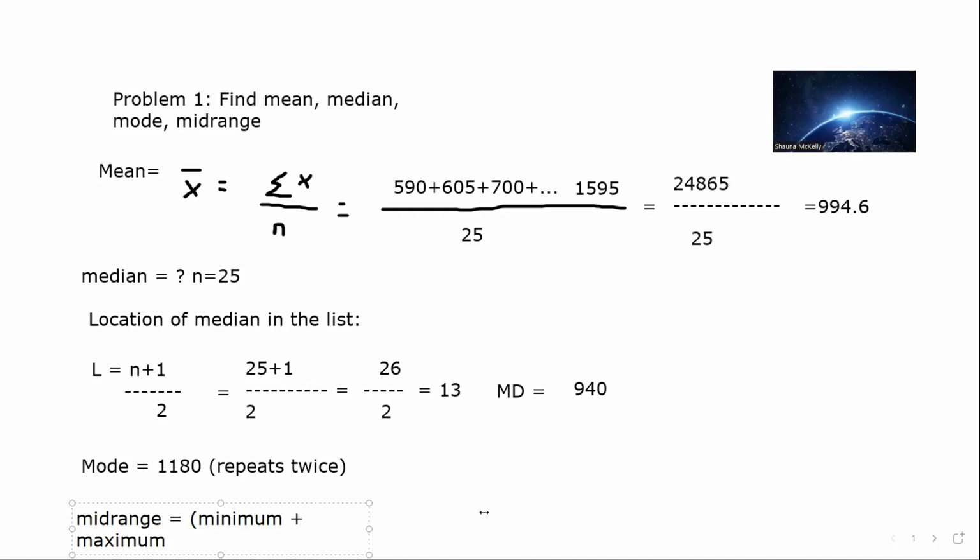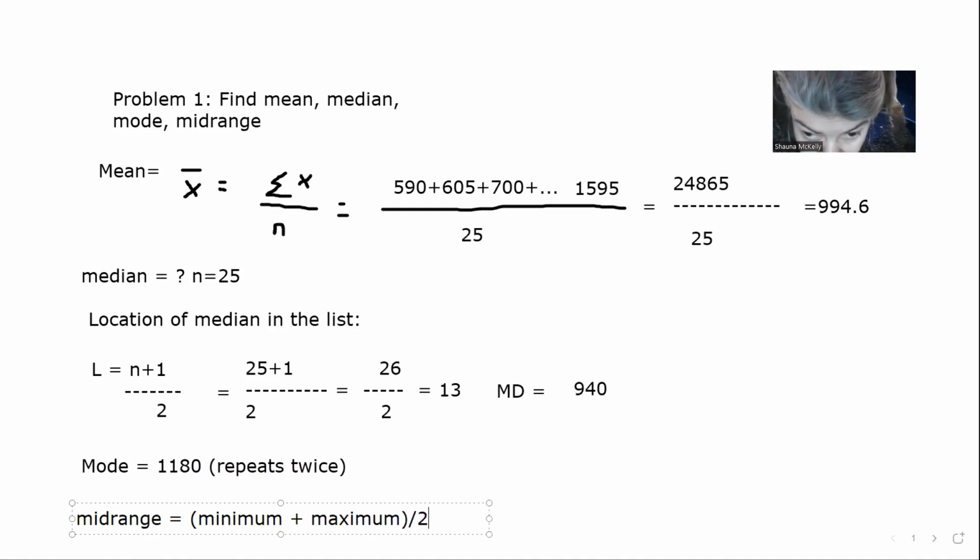Okay, you want to make sure that you add both and divide by how many there are. So MR here for this problem will be, our smallest is 590. Our largest is 1595. And if we add that together and then divide the sum by 2,